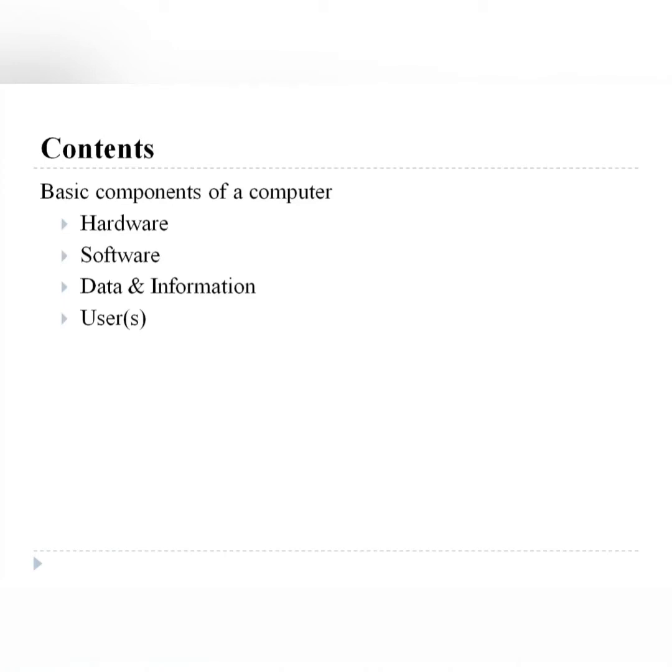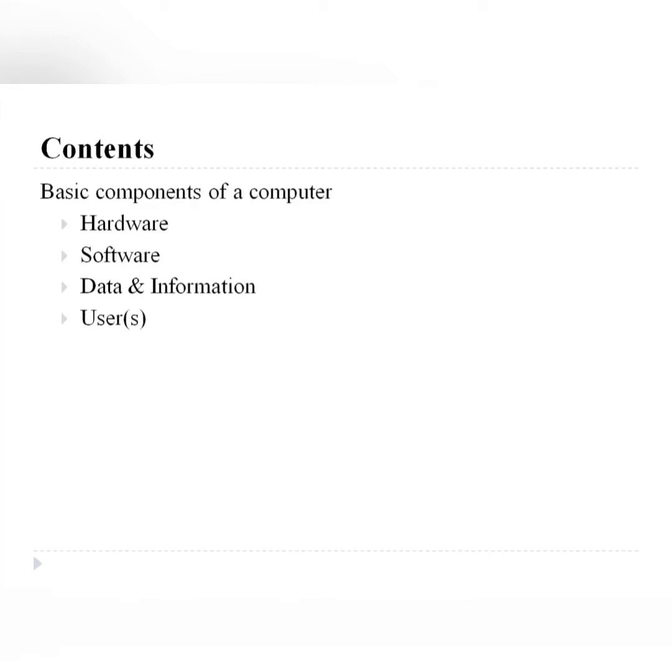To accept the data, we need some input devices, and to display the results, we need some output devices, or to store the data or any intermediate result, we need storage devices. All these physical devices are called hardware. So, hardware itself cannot work.